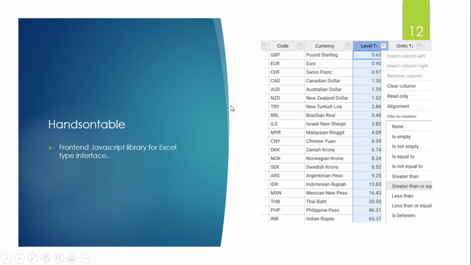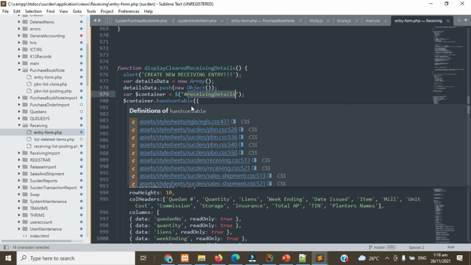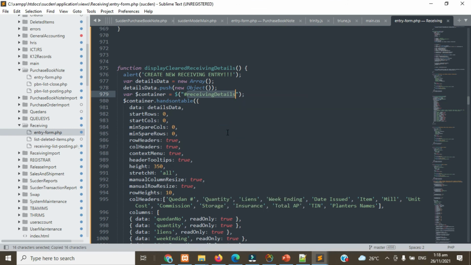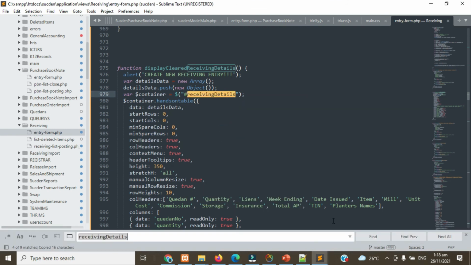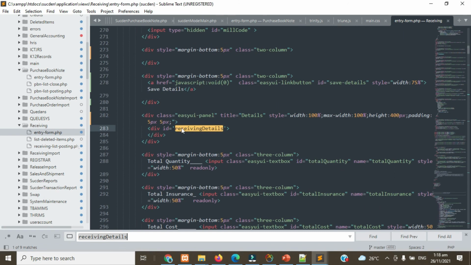The Handsontable specializes in Excel-type interfaces. There are advanced features of this library, but right now we are using the basic approach of programming the Handsontable. Along the way, we will explain to you how it works and what the codes are all about. So I'm just presenting to you right now